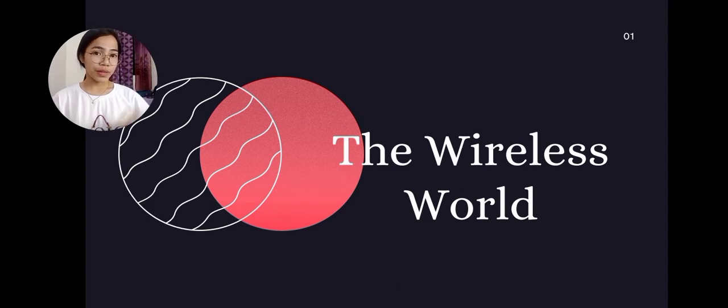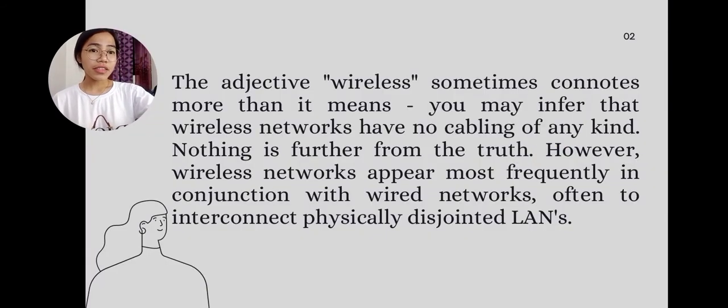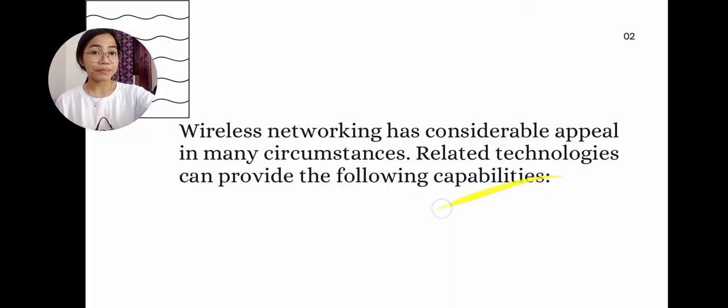The wireless world. The adjective wireless sometimes connotes more than it means. You may infer that wireless networks have no cabling of any kind. Nothing is farther from the truth. Wireless networks appear most frequently in conjunction with wired networks, often to interconnect physically disjointed LANs. So, wireless networking has considerable appeal in many circumstances. Related technologies can provide the following capabilities: